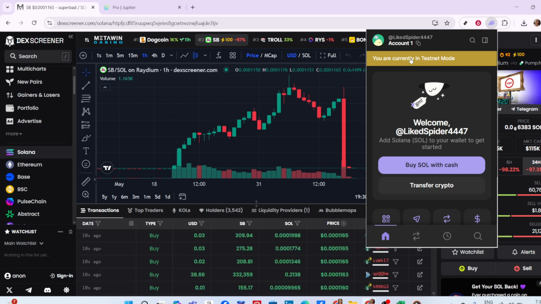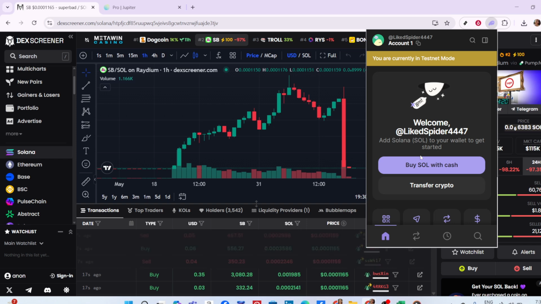So go ahead, unlock this feature, and start exploring the limitless potential of blockchain technology at no cost. Remember, the key to mastering anything is consistent practice, and now you have the ideal tools to do just that without any risk. Use it, learn from it, and set yourself up for success in